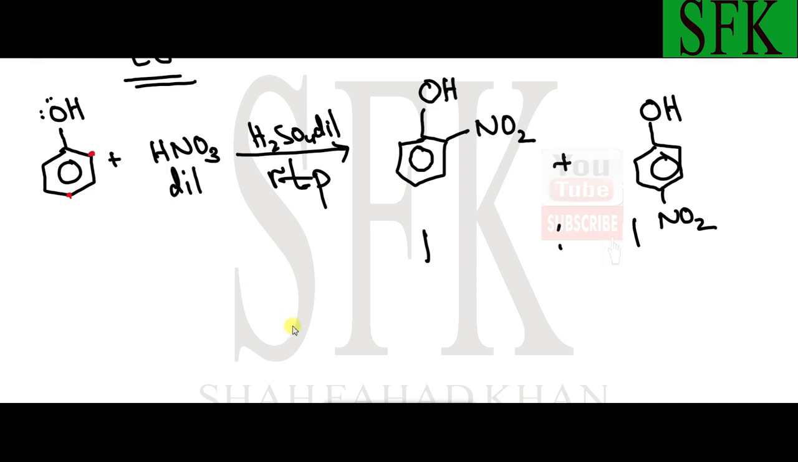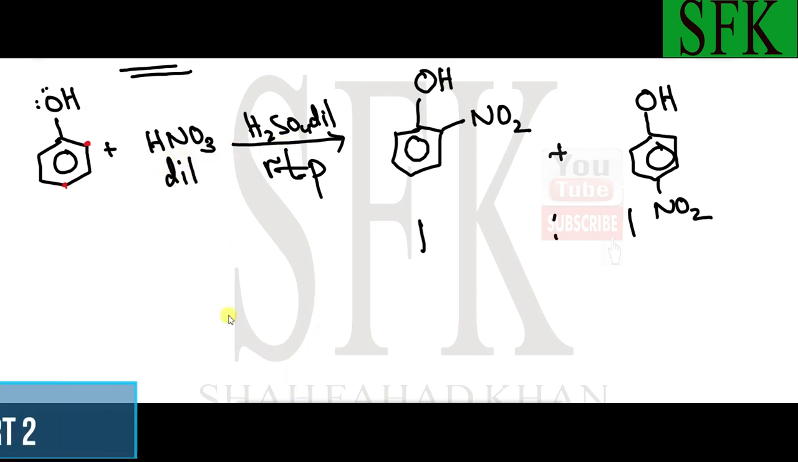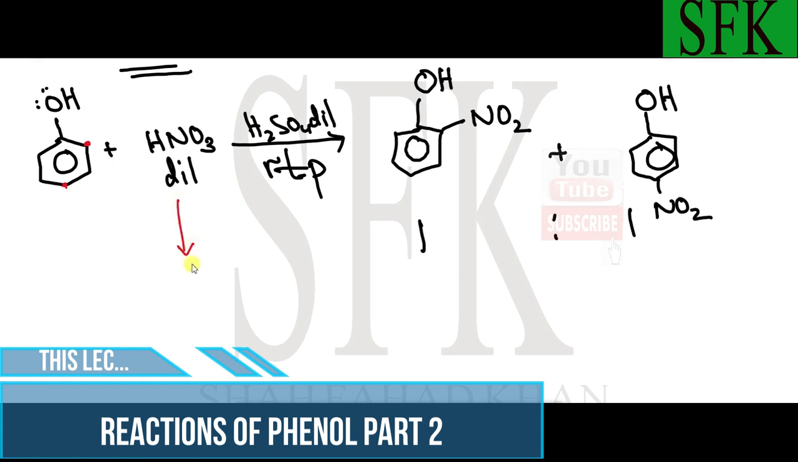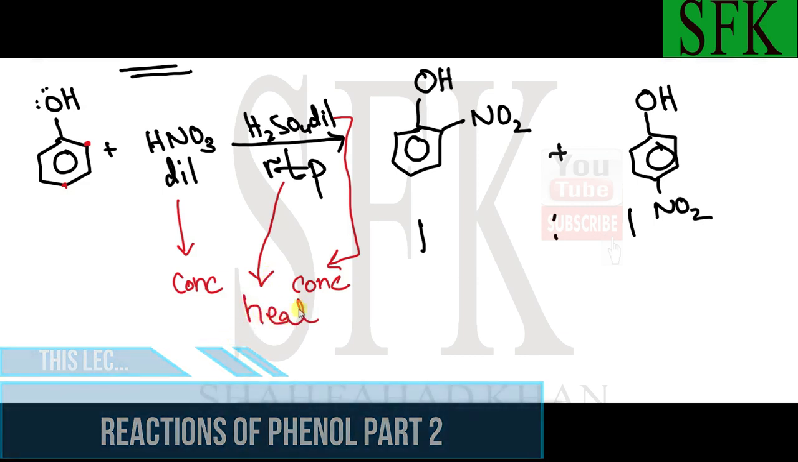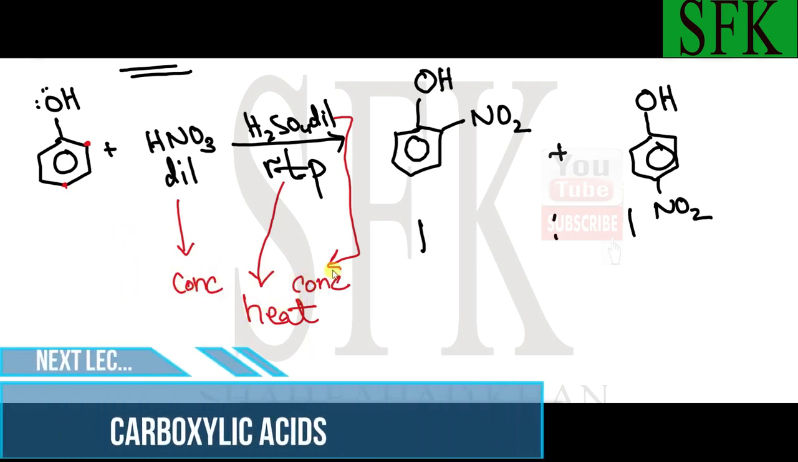Okay, now what happens if we change the conditions and we make them a bit harsh? And by a bit harsh, I mean that we change the nitric acid with concentrated nitric acid, we change the dilute sulfuric acid with concentrated sulfuric acid, and rather than conducting the experiment at room temperature, we heat the flask. Since the conditions have become stronger and harsh, the phenol,